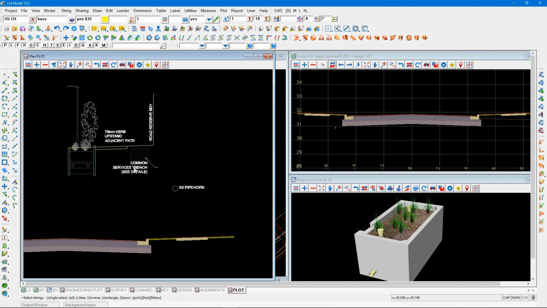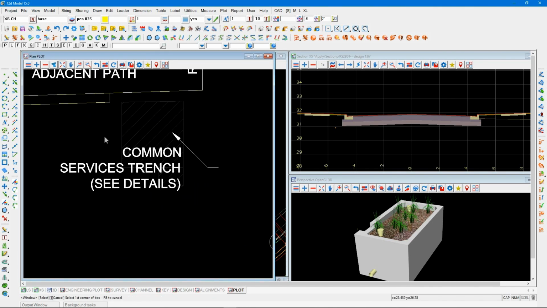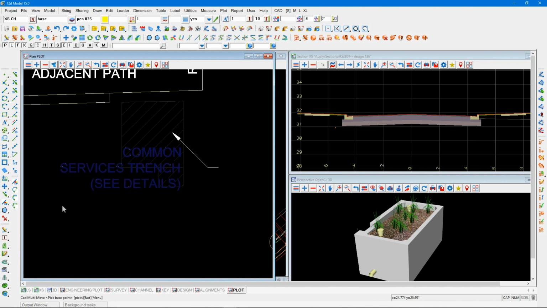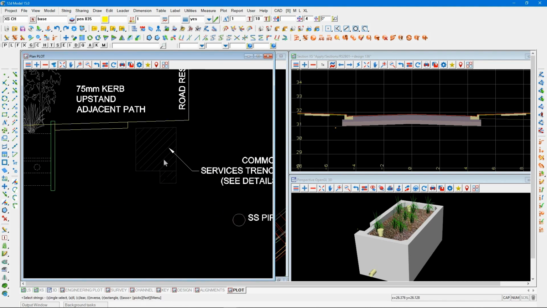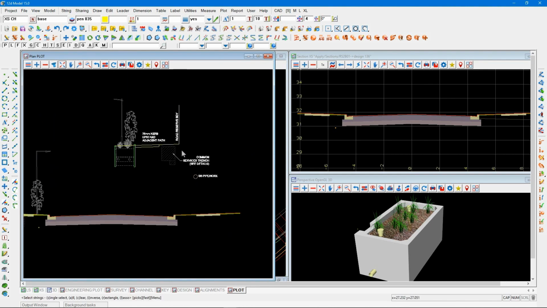And this text in here, the justification is not quite right, but I will move a couple of rectangle selections from that point here over to that point there. So I'm not going to make it perfect. That's just to give you an idea how you can use the CAD functionality within 12D in combination with the 12DA library. So finally, I'm going to move that based on a crossing rectangle